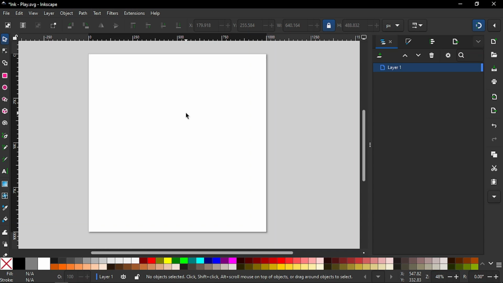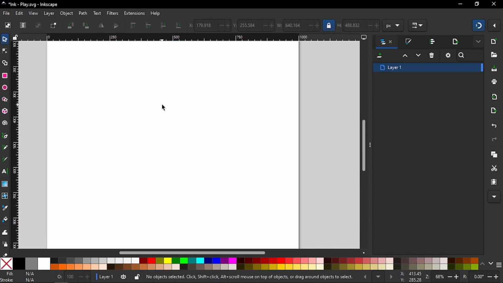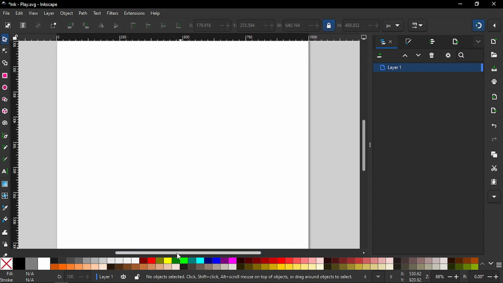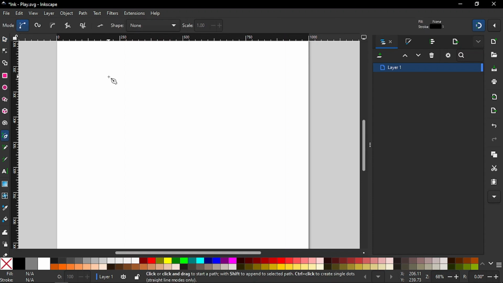Anyway, let's just start. We are going to create a nice little track situation in Inkscape today. So for that, let's go ahead. We could zoom in a little bit. What we are going to do is use the Bezier tool, so for that we will hit B on our keyboard, and we will